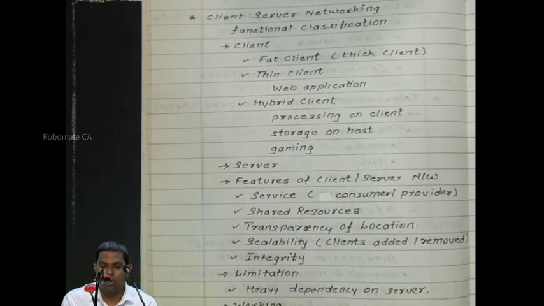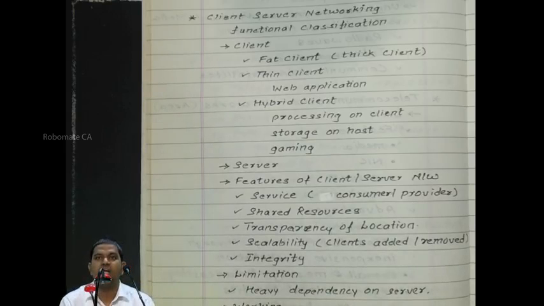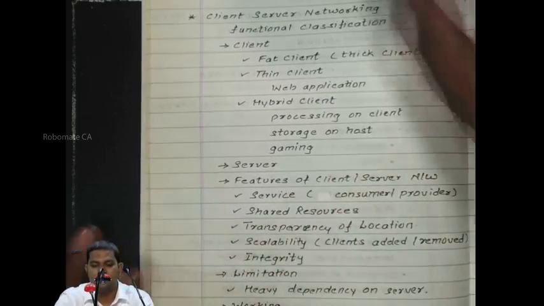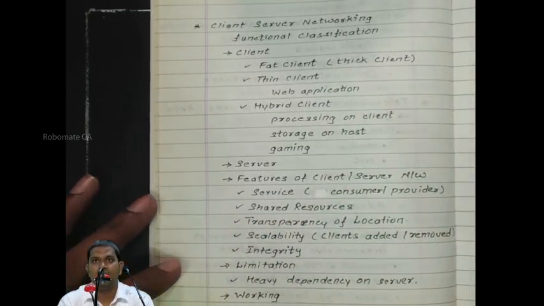And the working of client-server networking, I need not discuss with you. All the clients are connected to the server. The client will be accepting the request from the user and sending it to the server. The server will do all the processing, and the output is not given to the user directly but to that particular node, and then the node will show you the output. This is how a client-server network model works. Okay, so that was client-server networking. Understanding?